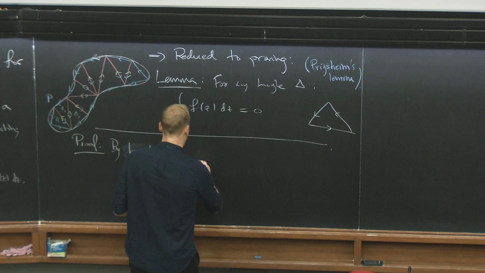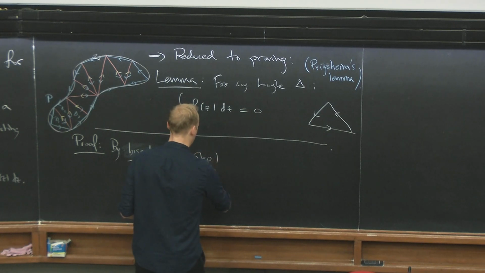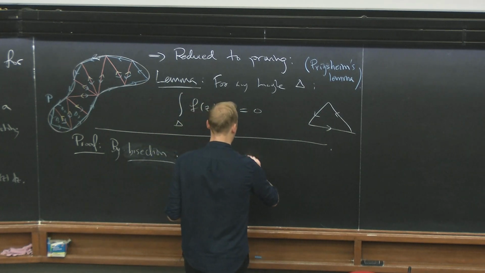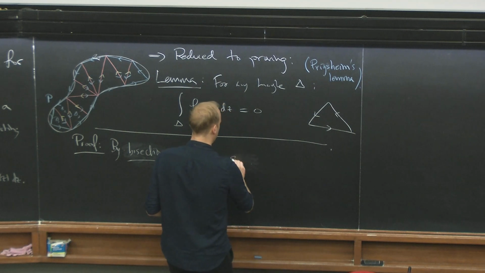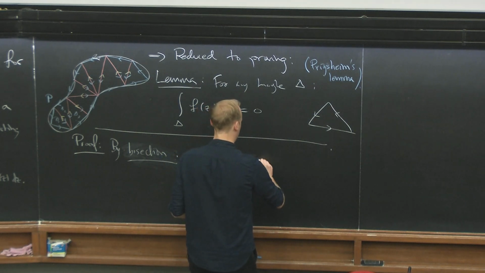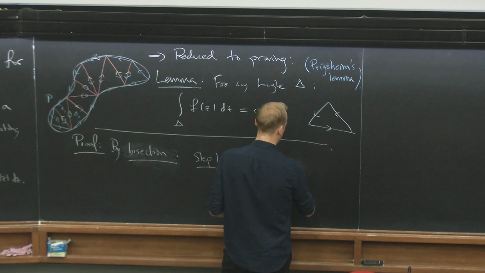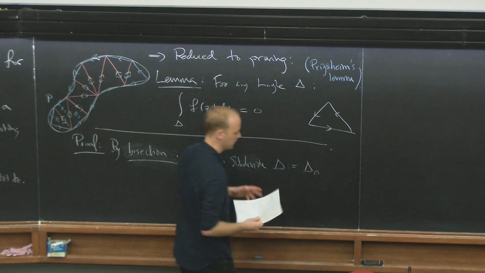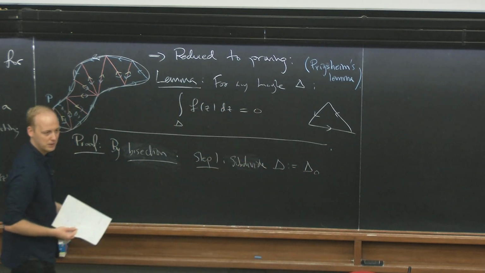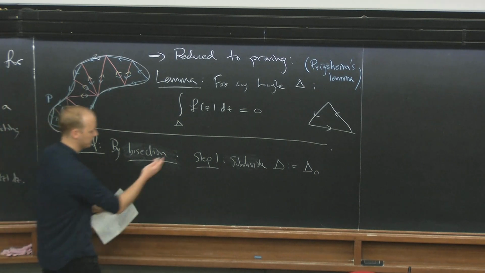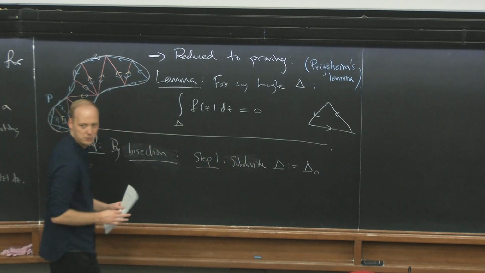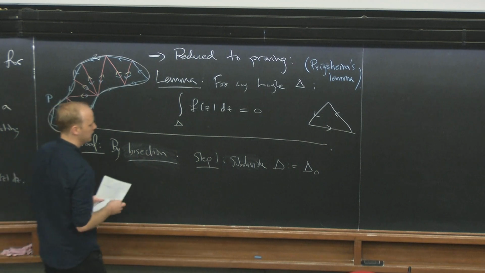So subdivide delta, which we will call delta 0 because we will have many different steps, right? So now we started step 1, step 0, whatever you want. But okay, we started with delta 0. So we subdivide delta